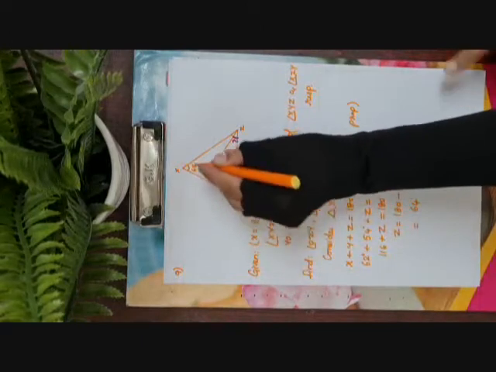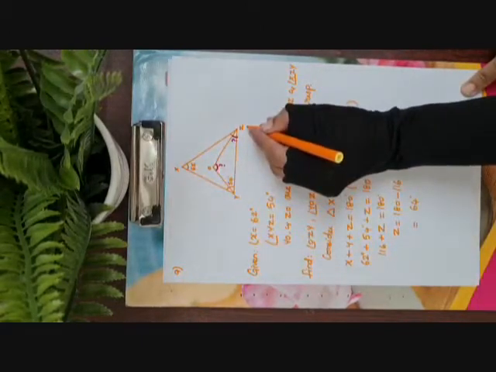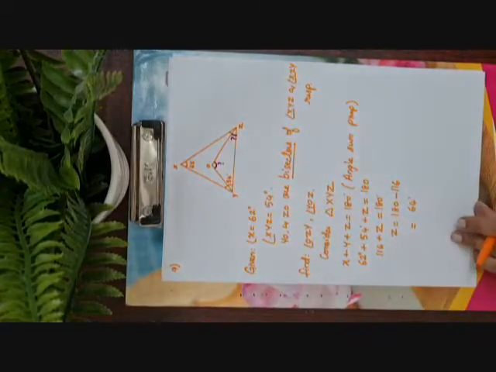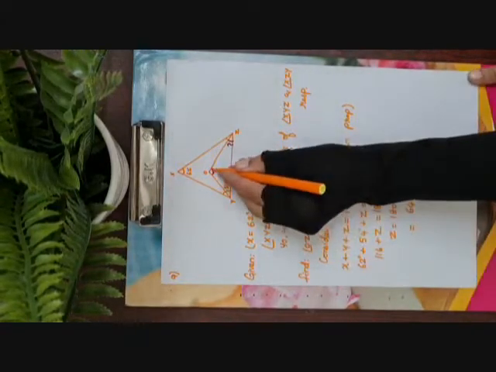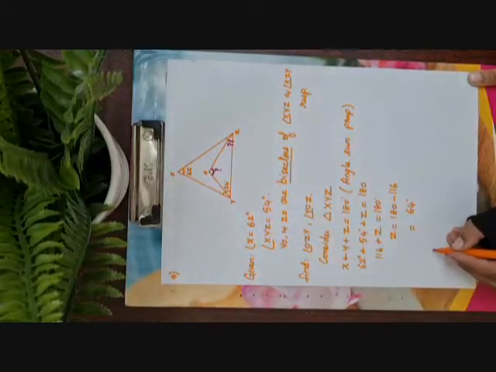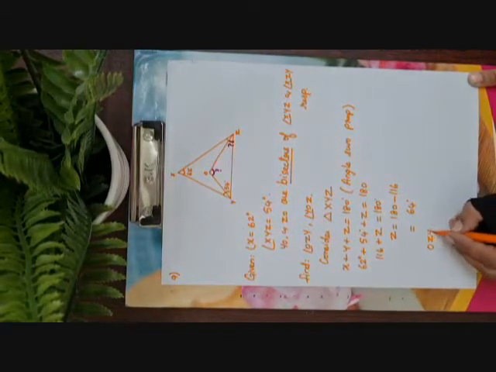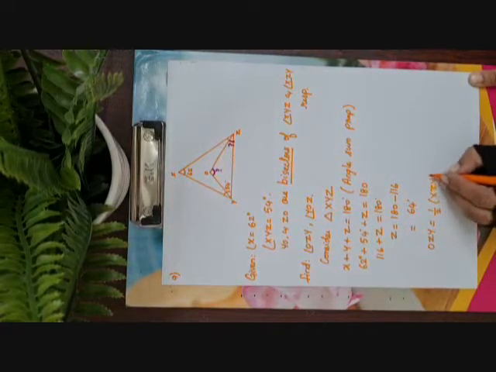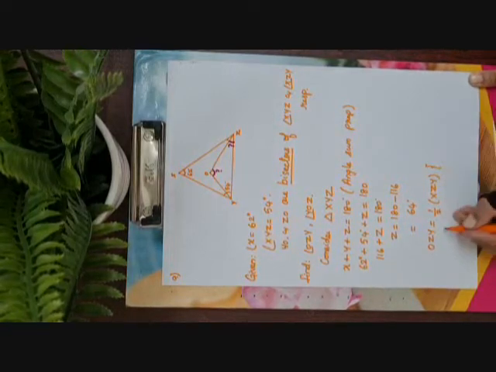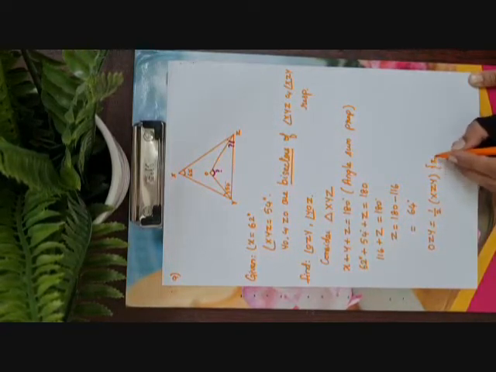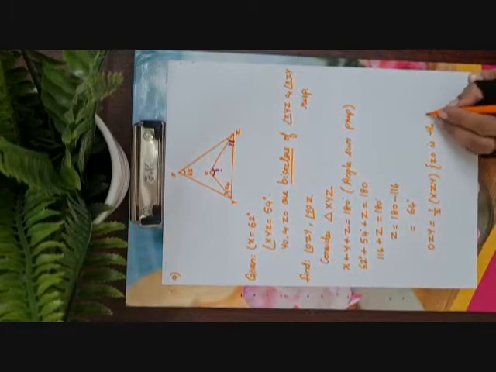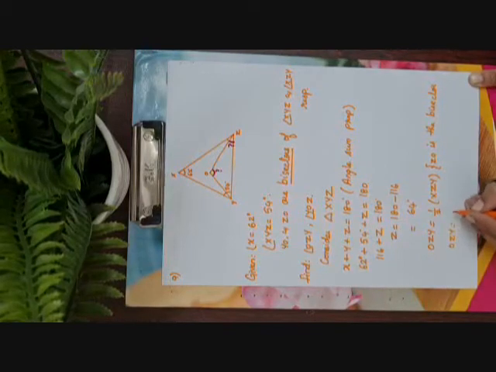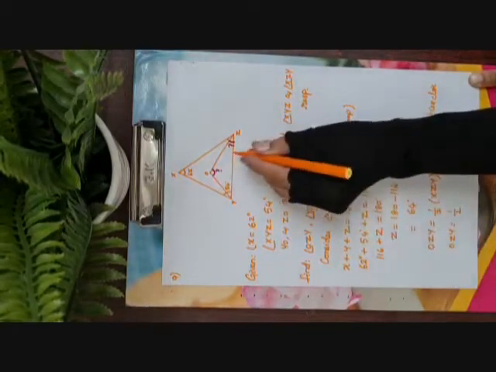Now that we found the measure of all three angles of this big triangle, we are now left with the small triangle OYZ. Okay, so let us find these angles. Now they said OZ is the bisector. So can I say angle OZY is equal to half of angle XZY? Yes. What is the reason children? Why am I saying like this? Because ZO or OZ is the bisector. Okay. So angle OZY will be equal to half of angle XZY.